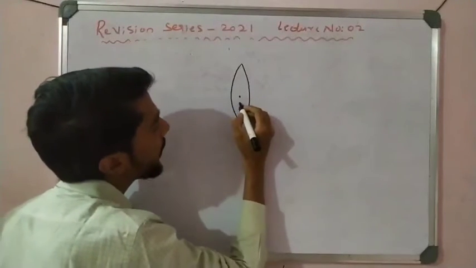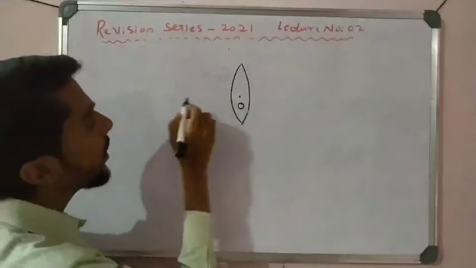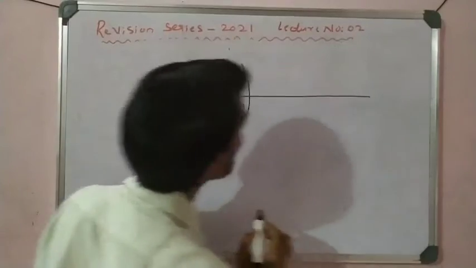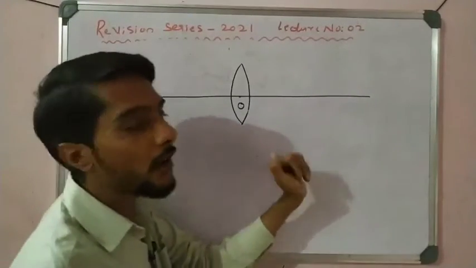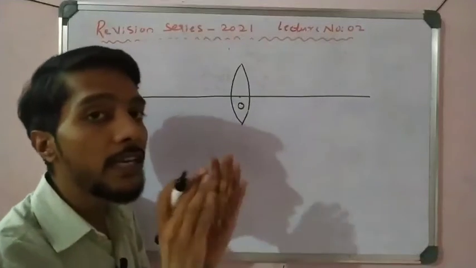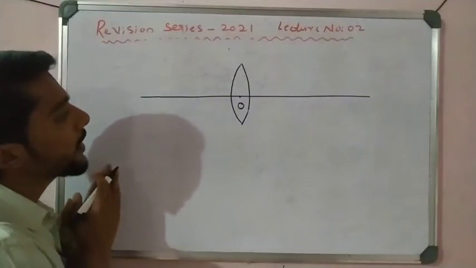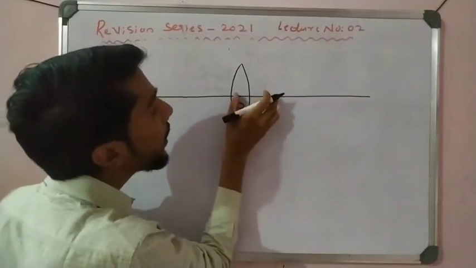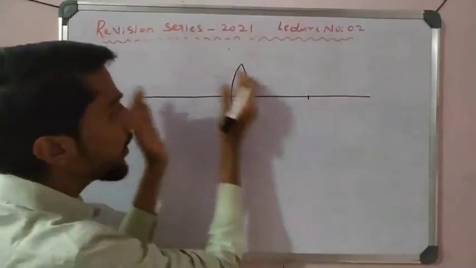Here, first we did the optical center, and the imaginary line that is called the principal axis. It is a straight line. It is imaginary, not actually present, not practically present. Theoretically we can draw it, but practically it is not visible. We imagine it only. Now let us see the center of curvature. Exactly, the radius of curvature is called as, if I take this as the right side, this as the left side.